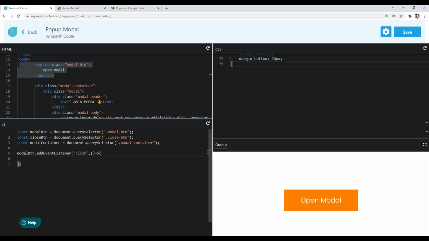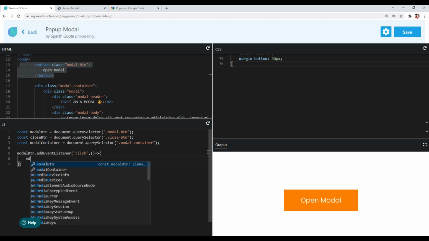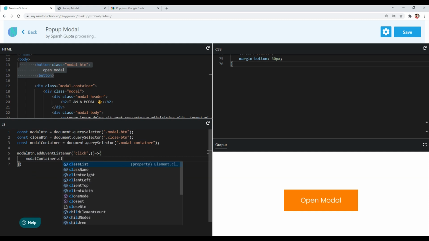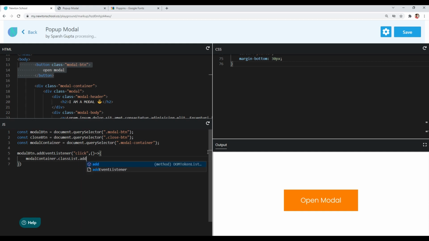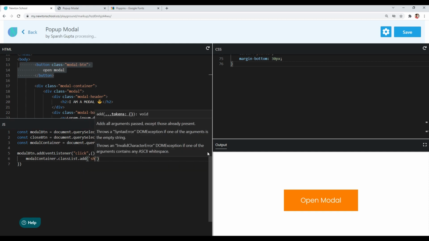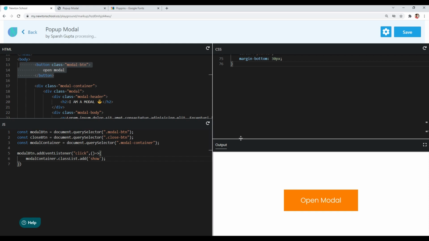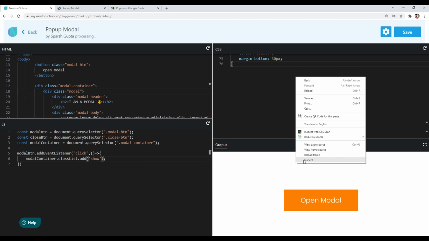Okay, so in this function I will add a show class to our modal container. So whenever I click open modal, a show class will be added to our modal container. Okay, so let's see if it's working or not.